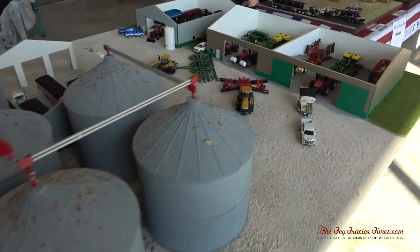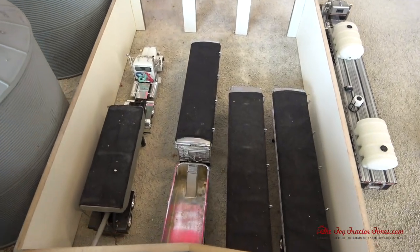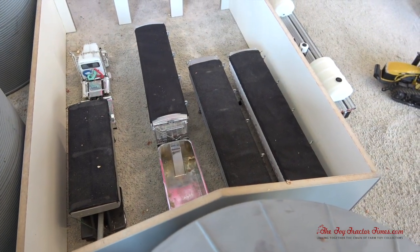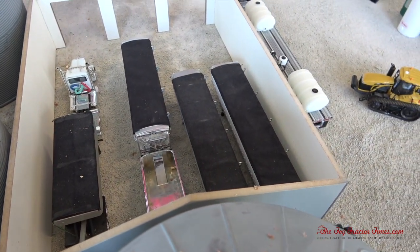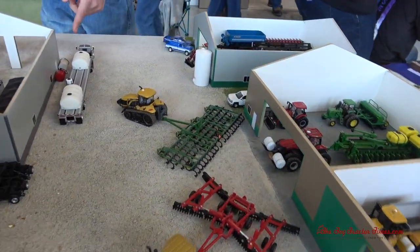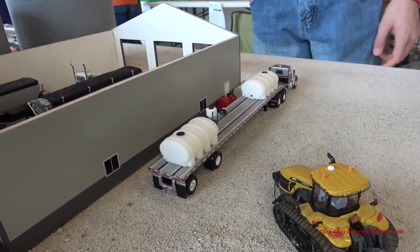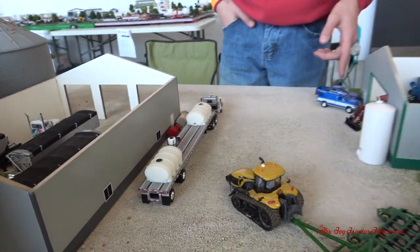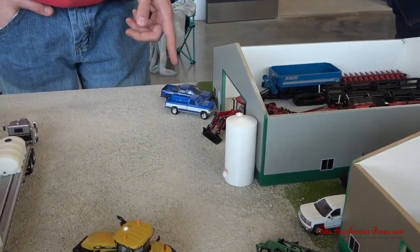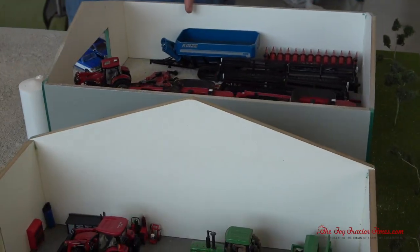Over here in the truck shed, we have their other semi and fertilizer tender, and then they have two long hopper bottoms, a short dump trailer, and a short hopper bottom. The needle nose would pull that short hopper bottom, and the needle nose here is just getting filled up and is pulling their spray trailer. Very nice. Here, these are just two of the hired guys' pickups, and in this shed they have their Kinsey auger cart,